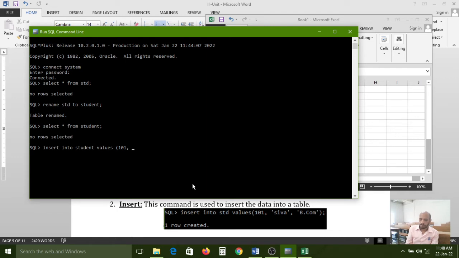So like that, now I am inserting the values. 101, Siva, BCom. Okay, the first record is inserted. Now I am inserting the second record.